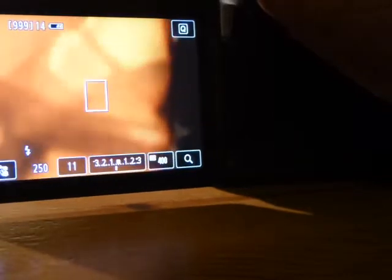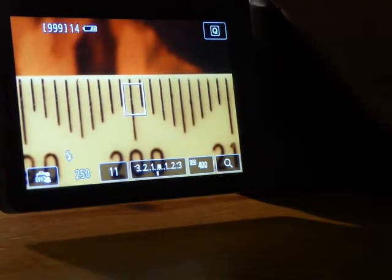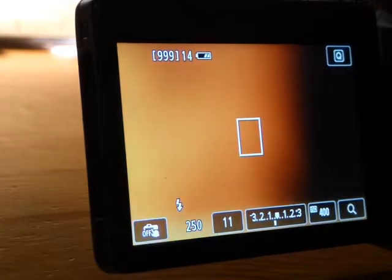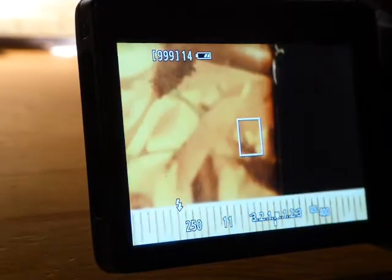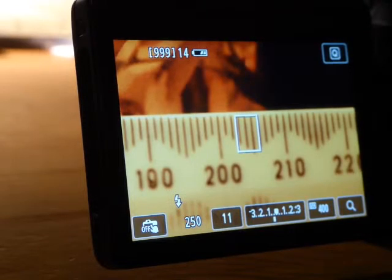If I go to the closest one, so I know, okay, that's as close as it'll go. What I'm going to do now is move the camera back, and I'll point it, instead of the ruler, which seems to be giving it some trouble, I'll point up here, and oh, it likes that. So what it doesn't like about the ruler, I don't know. Now that is with